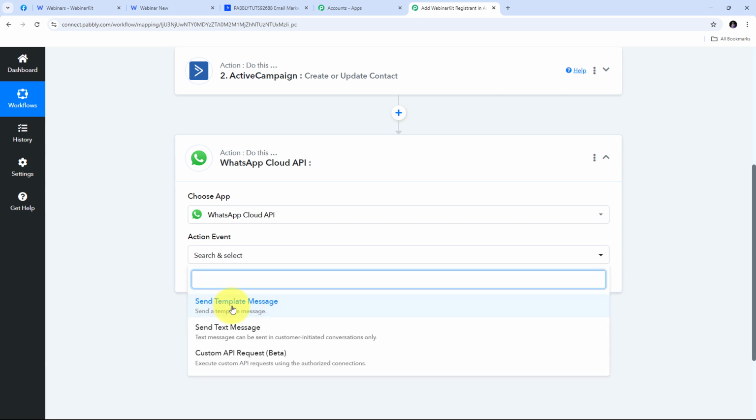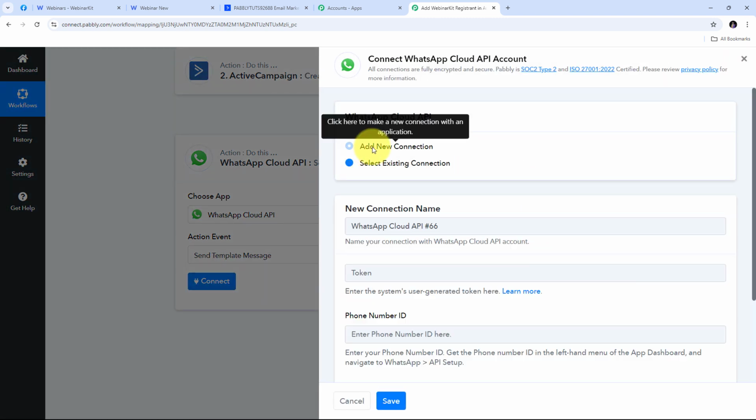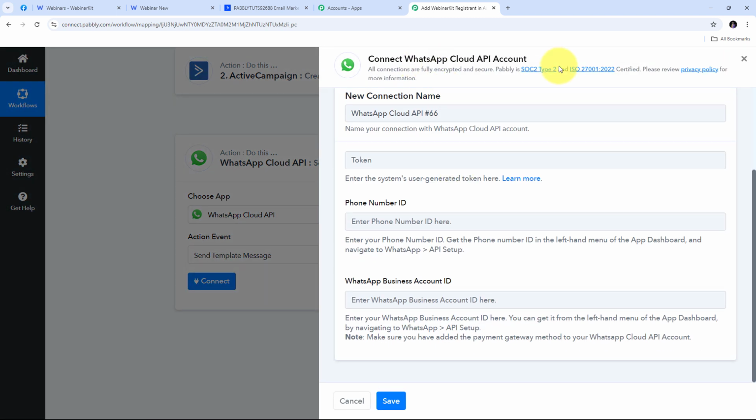So I'm going to select this. And now I'm going to connect WhatsApp Cloud API with Pabbly Connect in my workflow. So I'm going to click on connect. I will click on add new connection. And for connecting WhatsApp Cloud API with Pabbly Connect, I need to give my token, phone number ID, and WhatsApp business account ID. So how I'm going to get all these details and how I can set up my WhatsApp